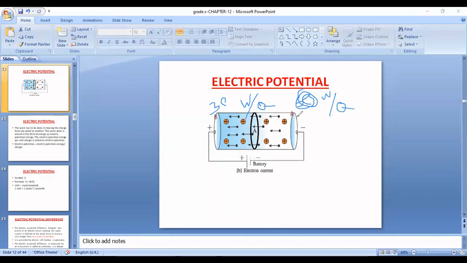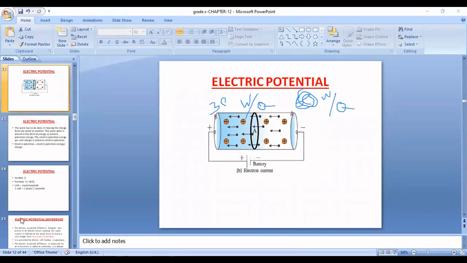It is just the value, like A point पर electric potential का value 5 unit है, electric potential का value B point पर 3 unit है, और जो हम work कर रहे हैं ए से बी तक चार्ज को लाने में, मतलब if it is specified that we are having two positions A and B and we are moving the charge from A to B, so that amount of work done to move the charge from A to B is called as electric potential difference. Okay, so I think it is clear now.